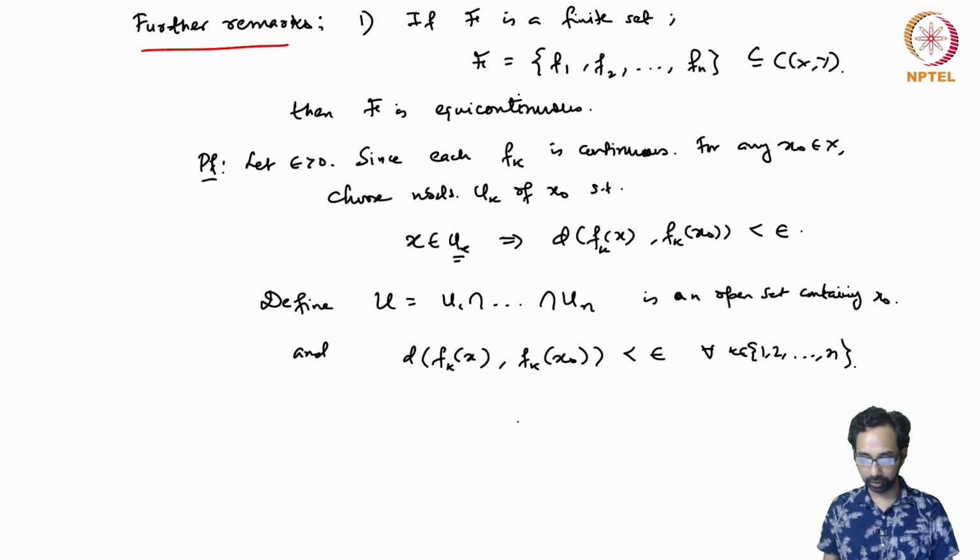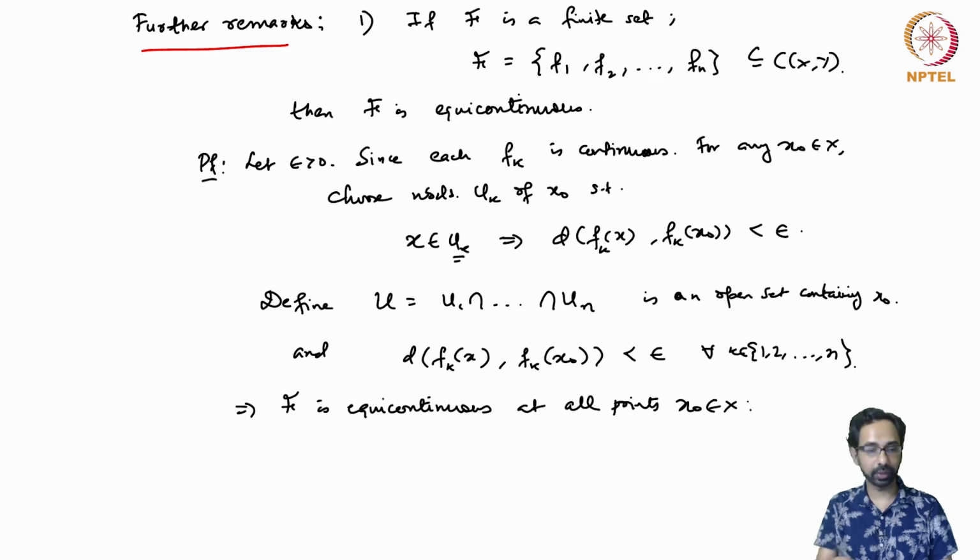Okay, so this implies that F is equicontinuous at all points x0 in X. So now the second remark is that if F1 is an equicontinuous subset of C(X,Y),